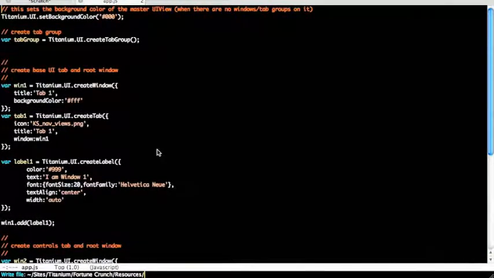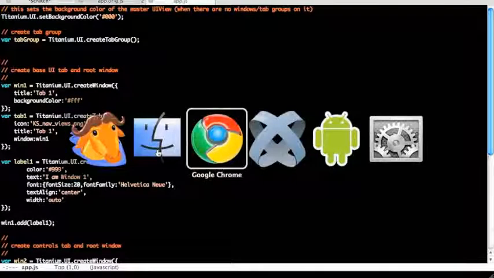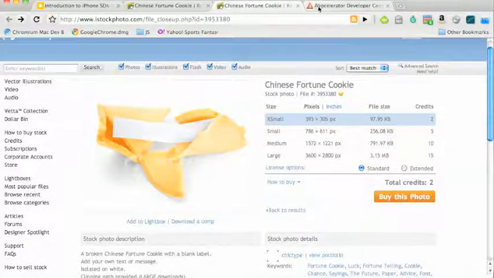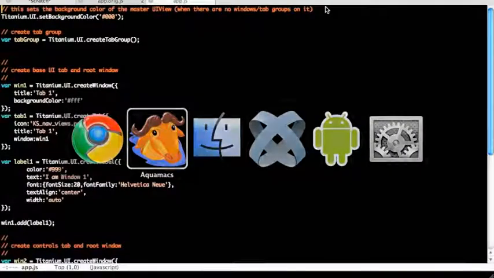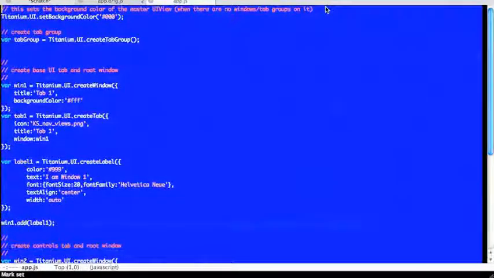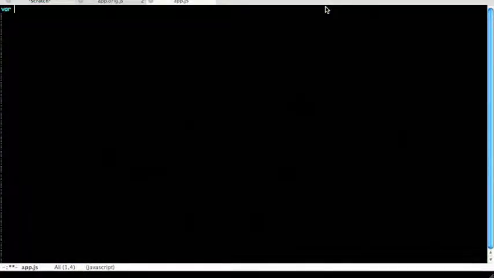I'm going to save app.js as app.orig.js just so I can refer back to that and look at some of the methods that were used, the API methods that were used initially. You can also get documentation on the methods at developer.appcelerator.com. Let's get into writing some code though. So first thing we need to do is create a window. You can get that by doing Titanium or TI. There's an alias to Titanium called TI. So